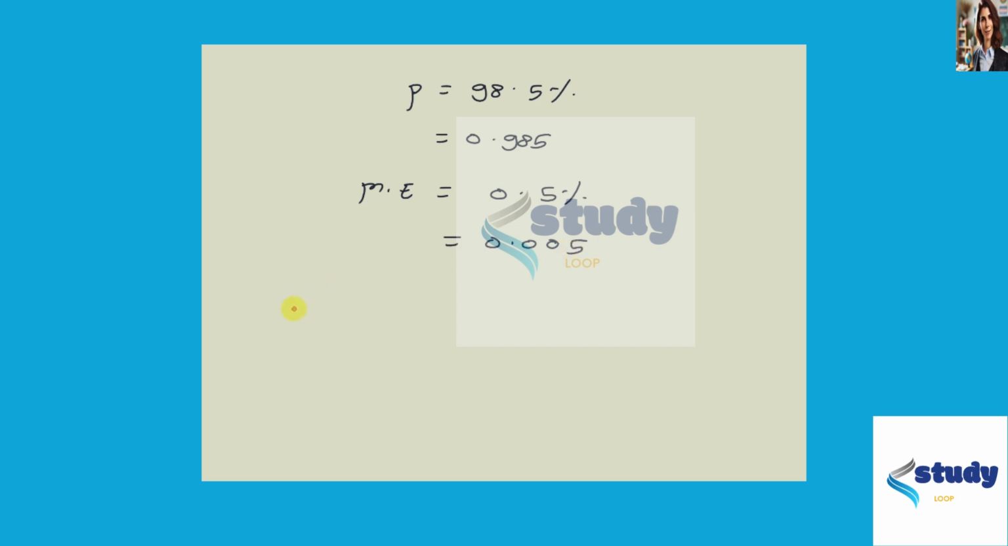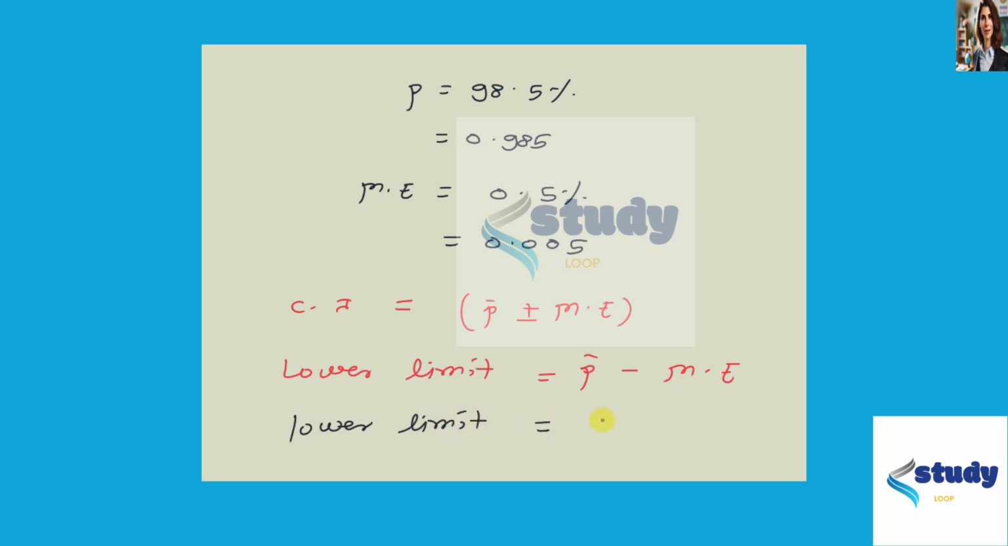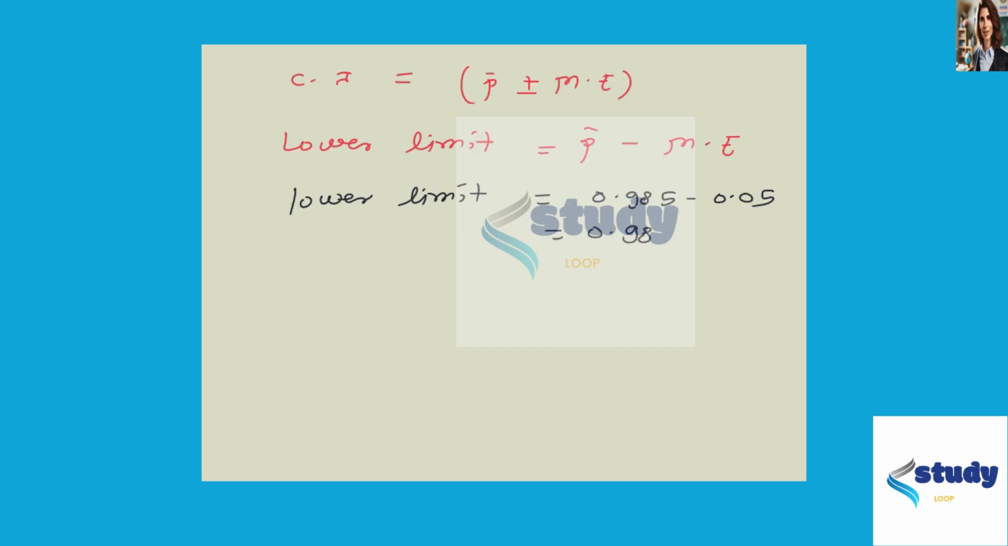We know that the formula for the confidence interval equals P hat plus or minus the margin of error. So the lower limit equals P hat minus the margin of error. Now put in the values, then we get the lower limit equals 0.985 minus 0.005 equals 0.98. Therefore we get the value of the lower limit